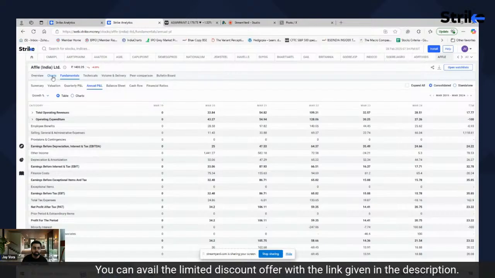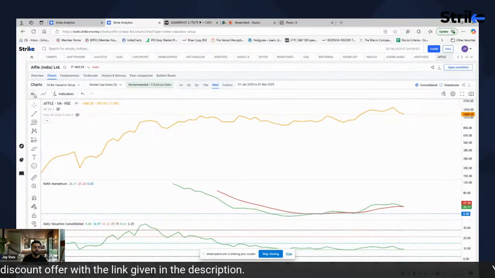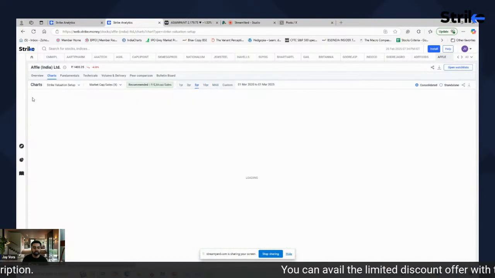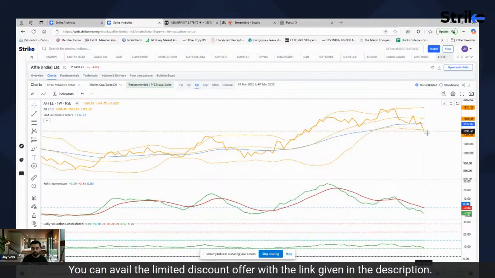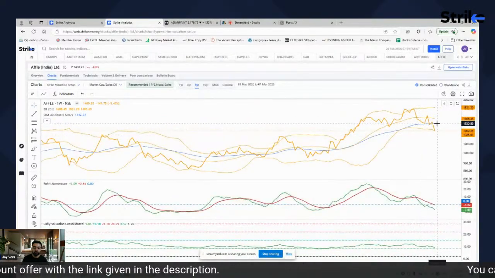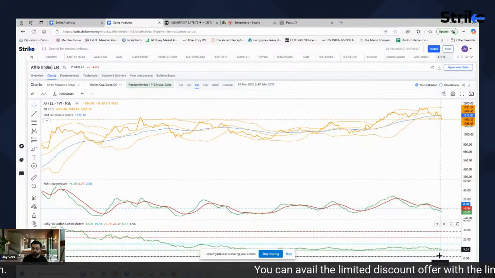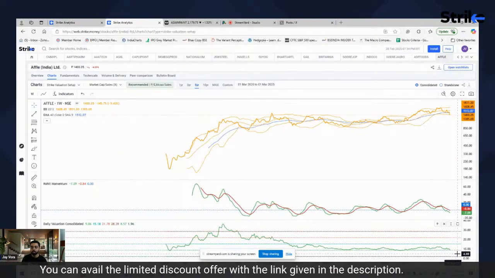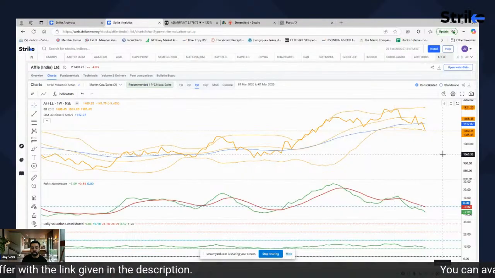But just remember one thing: if the setup is breaking on the downside, like say the 20 and 40 are breaking on the downside, it is worth doing some risk management, because you don't know if the growth is going to slow down, and that is what the market is factoring in. That is why, despite being at a relatively lower valuation than its past, the market is derating the counter. So this is how you can look at it.